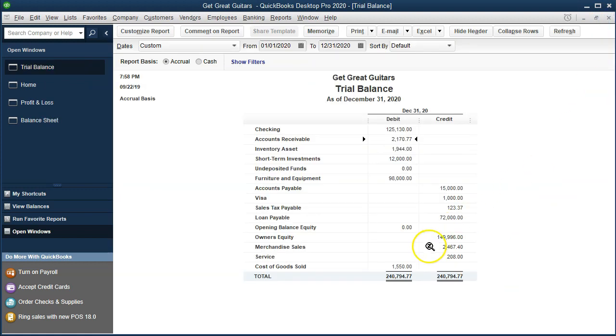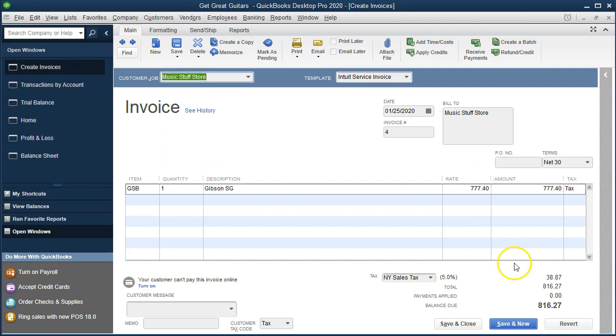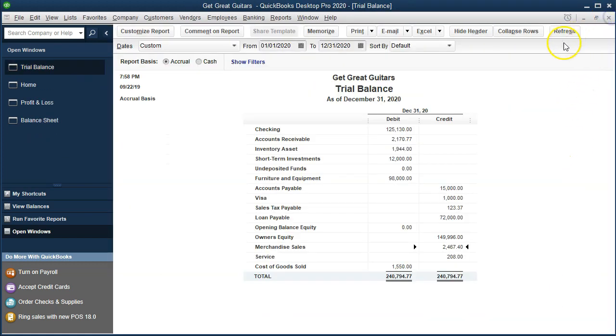Then the other side is going to be in a revenue account. So we go down to the revenue account. Here it is, double clicking on it. We are in the revenue only for the $777.40 this time. The amount we charged, not including the sales tax. Closing this back out, the difference of $38.87 sales tax, closing this out, will be in the payable for the